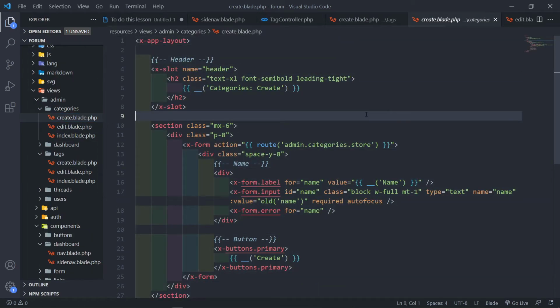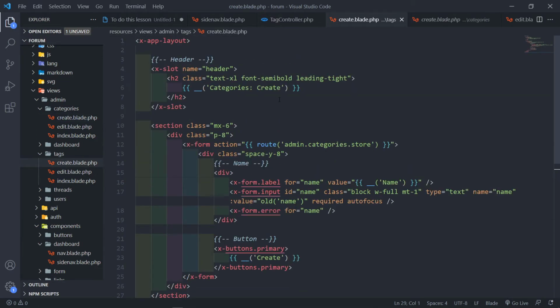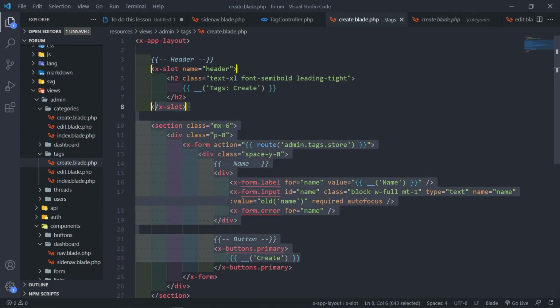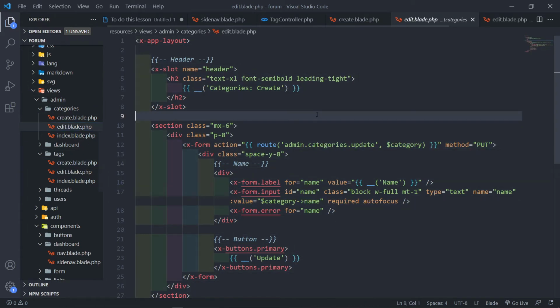So categories.create. We're just going to copy everything again in our tags right here. Right, and instead of categories, we're just going to do tags. And this is just going to be tags.store. Everything here is the same, so no need to change that. Okay, very nice. In our edit view,